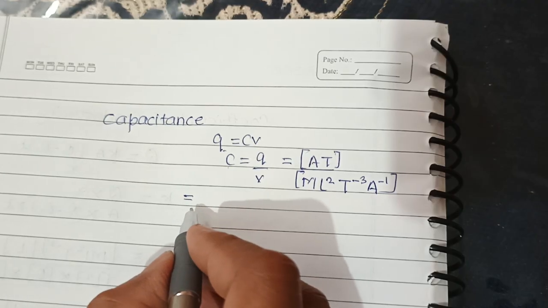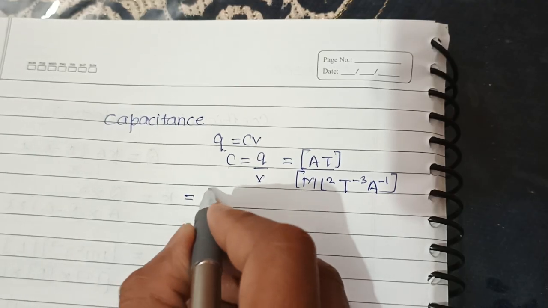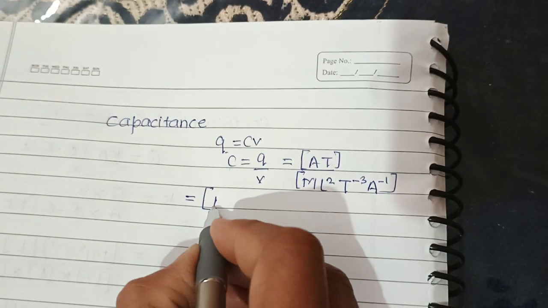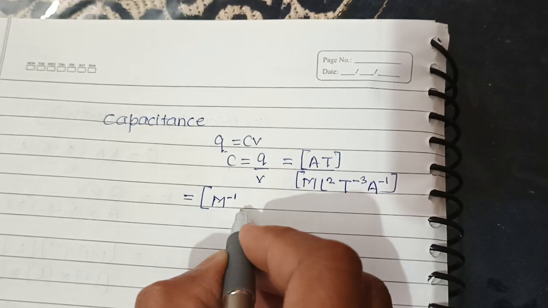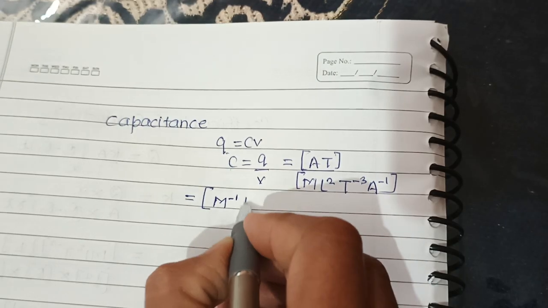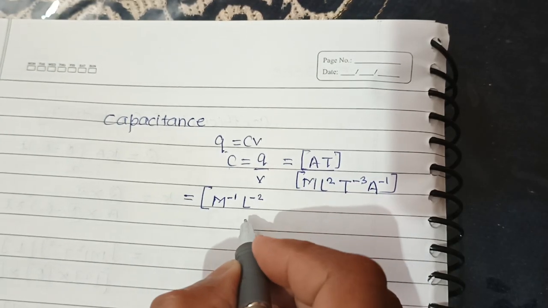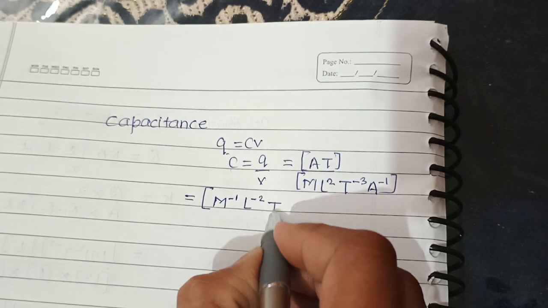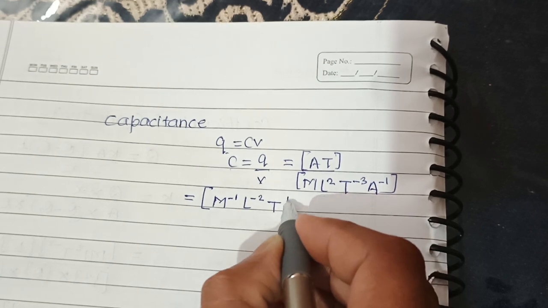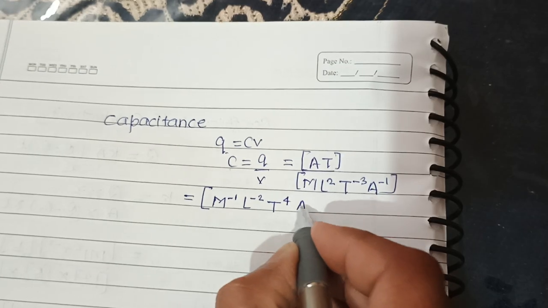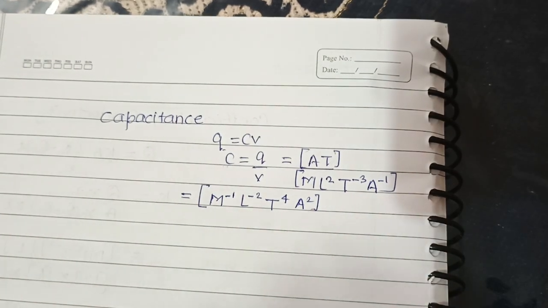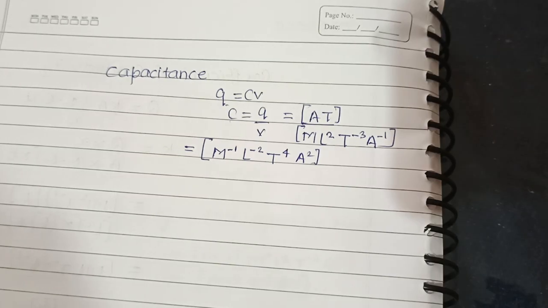So it is M minus 1 L minus 2 T 4 and A square. Now inductance